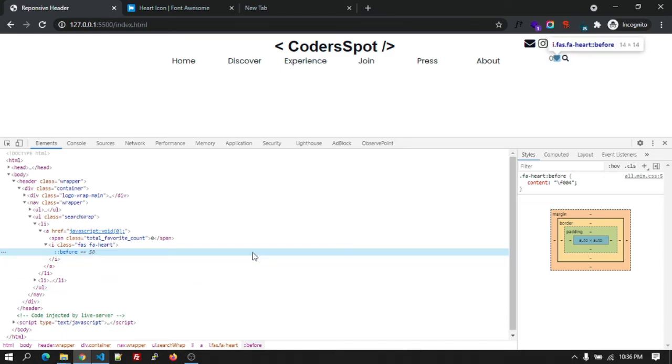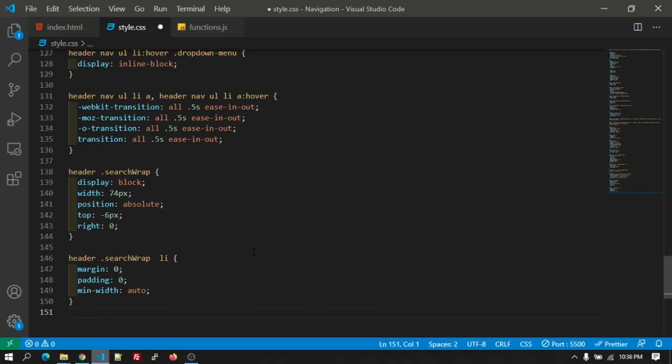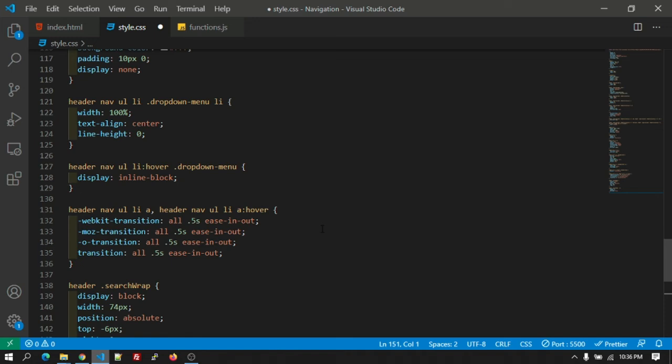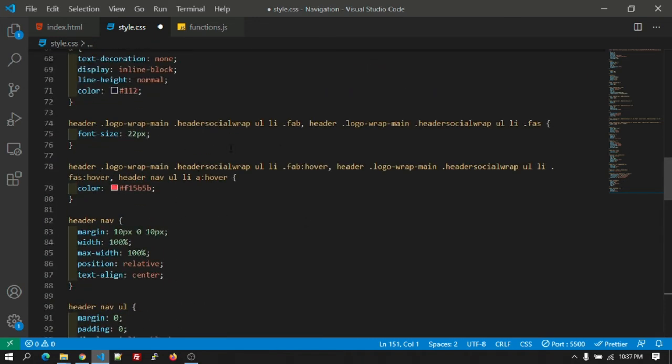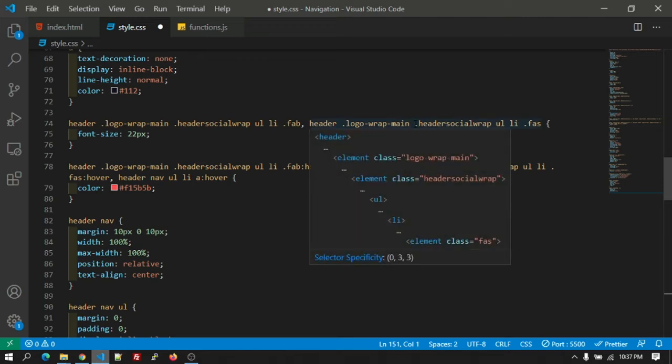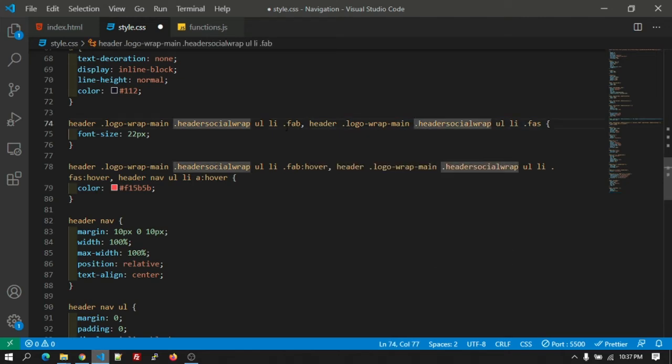So it's there inside the search wrap, right? So let's add the CSS over here itself. So this is there inside the search wrap, right?